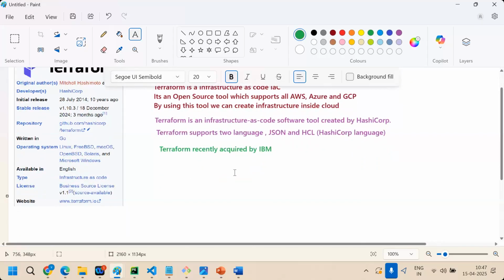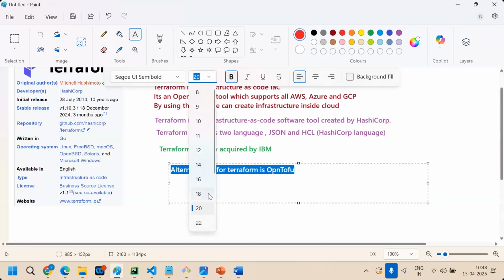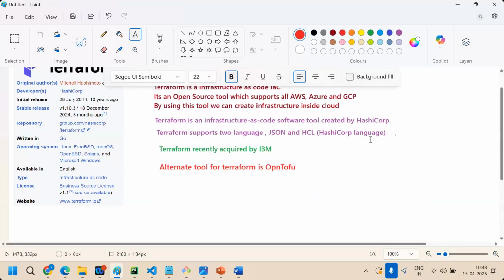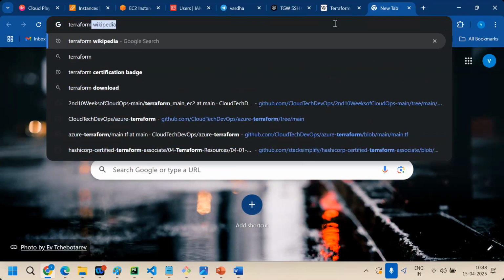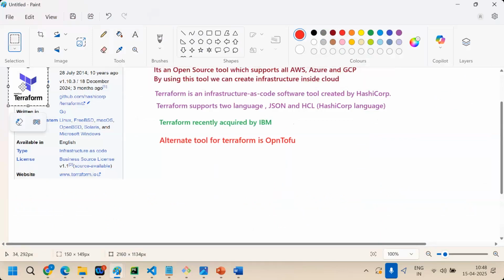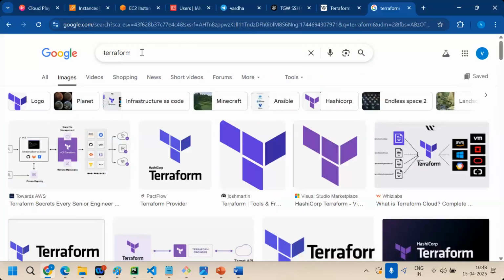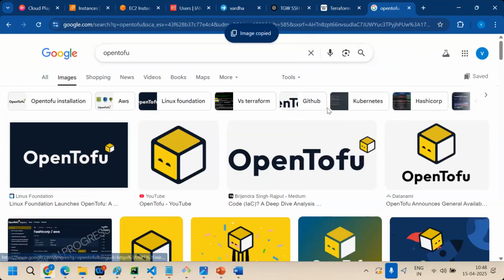And we have an alternate tool also for Terraform, which is OpenTofu. This is the official logo for OpenTofu.